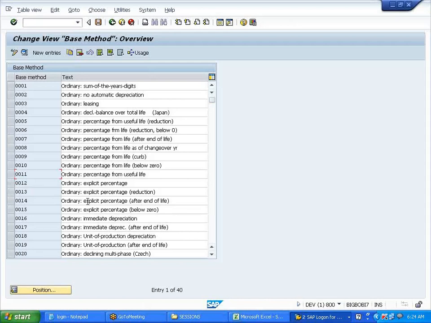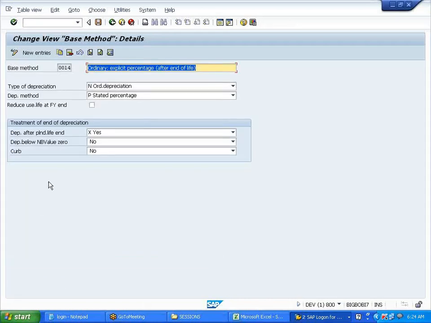Now here we have used explicit percentage after end of life, which means depreciation should be calculated after the end of the planned life.